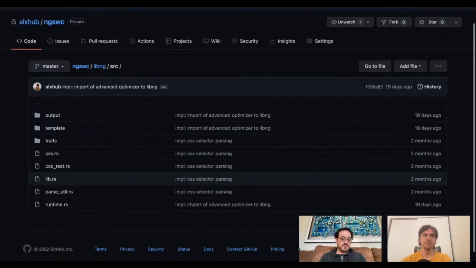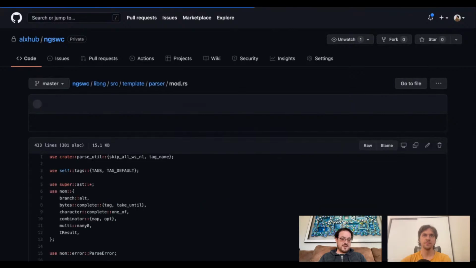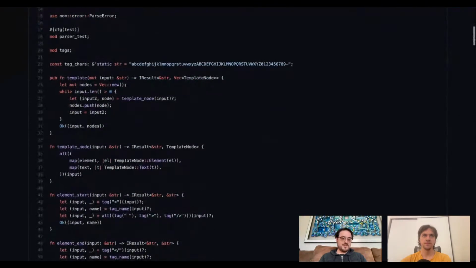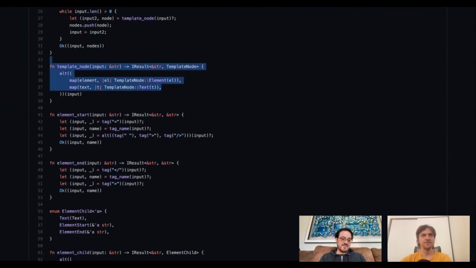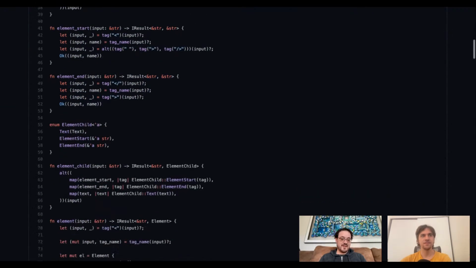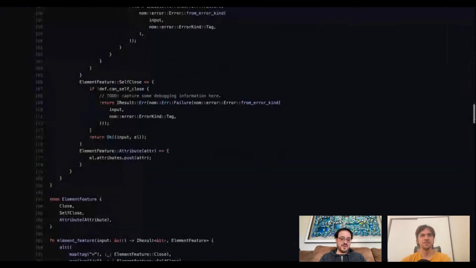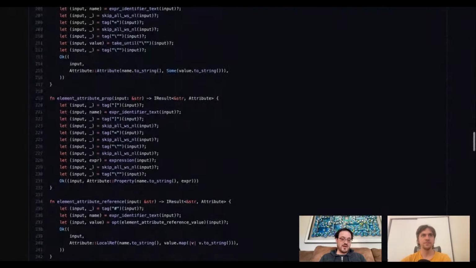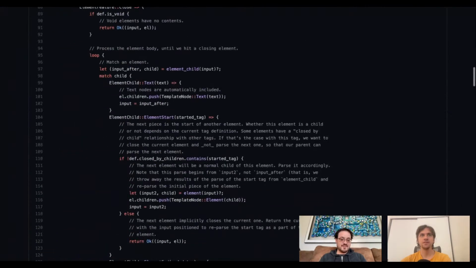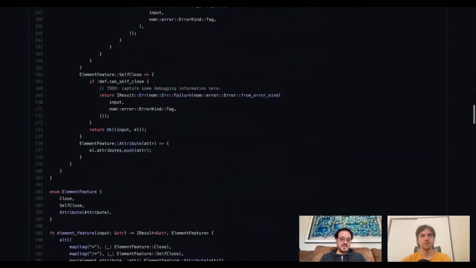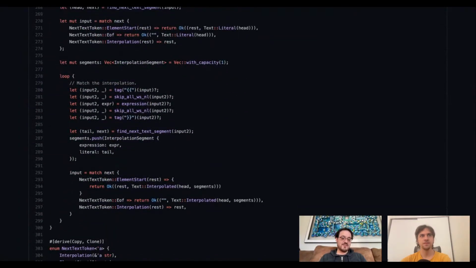Yeah, there we go. This one. So, parsing Angular templates. We have HTML parsing, element start, element end. We also have somewhere here, I think we have micro syntax. Yeah, there's a lot of different pieces to processing Angular, but I